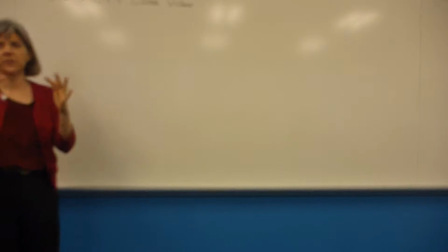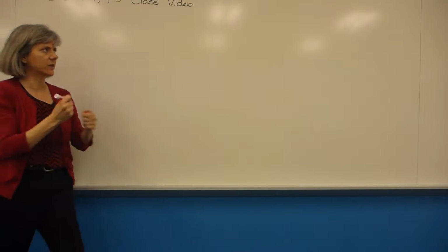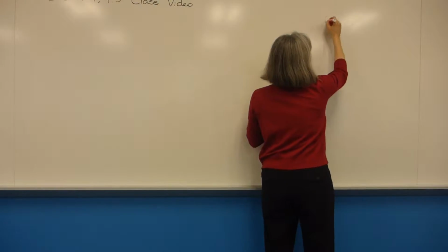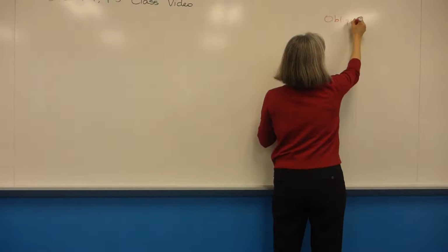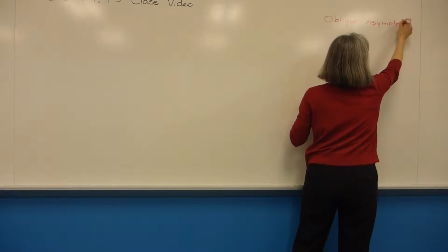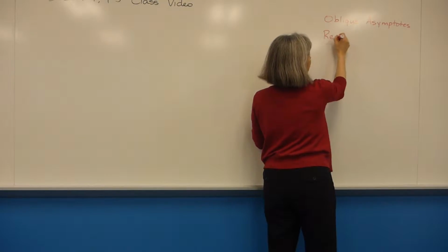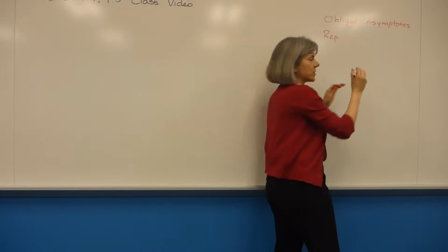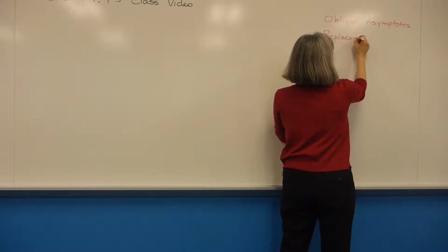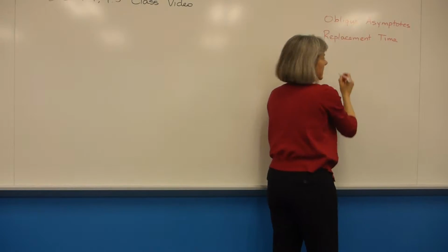Okay, so we've gone over now just basic graphing, but now we're going to add a few layers here. Specifically, we're going to talk about oblique asymptotes. Those come up in business applications, actually. We're going to talk about replacement time, which is just a business definition, which will be easy to get to, replacement time. And